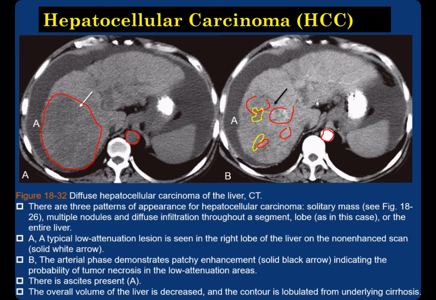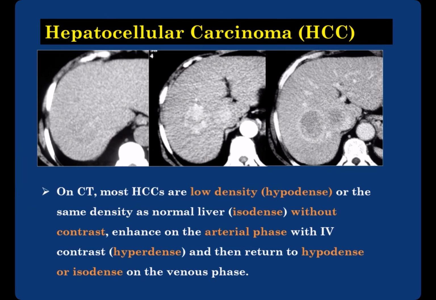And also there is ascites present. And the overall volume of the liver is decreased, and you can see the contour is lobulated from underlying cirrhosis. On CT, most HCC are low density or the same density as normal liver without contrast,